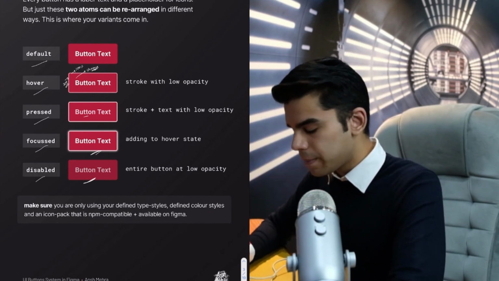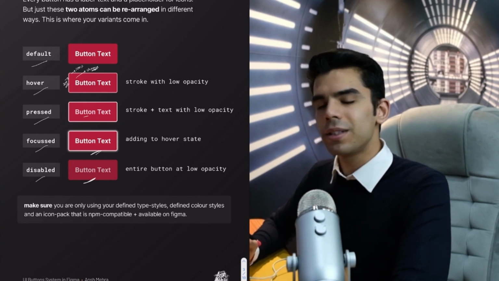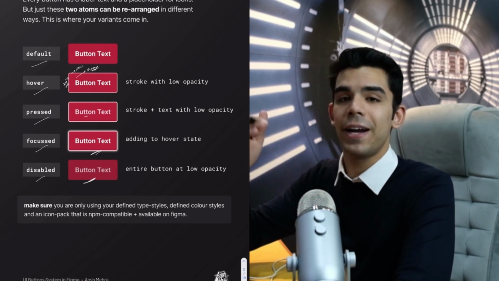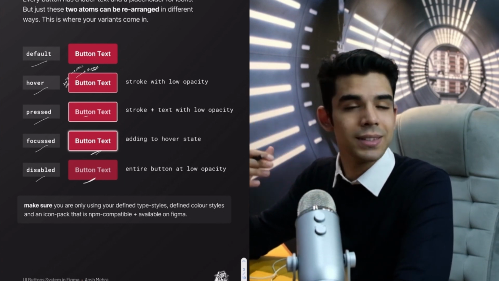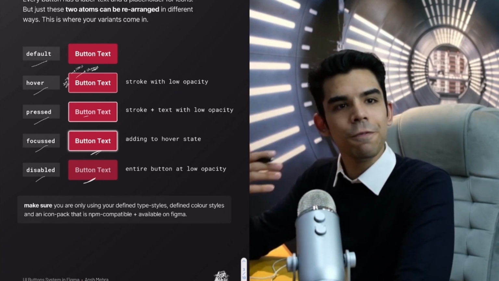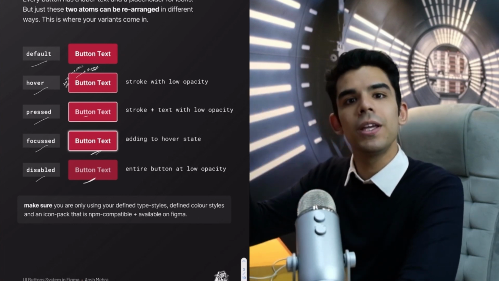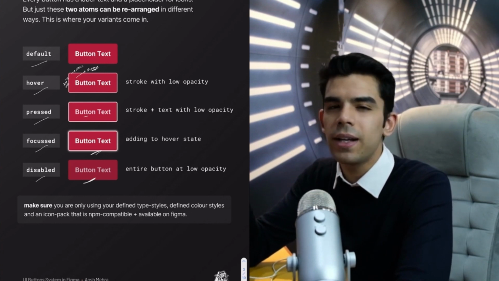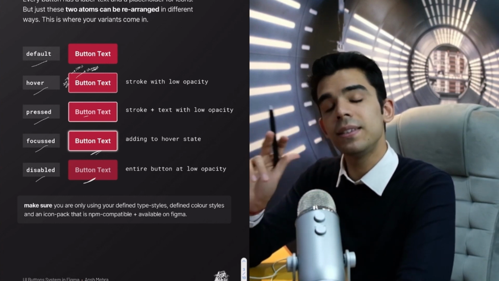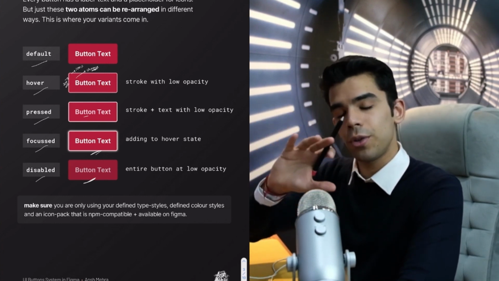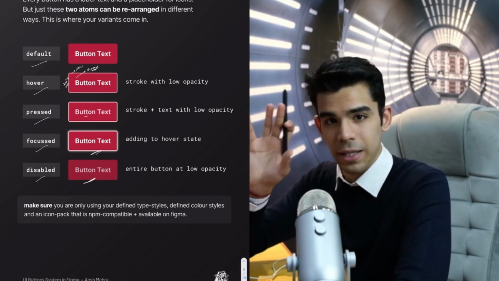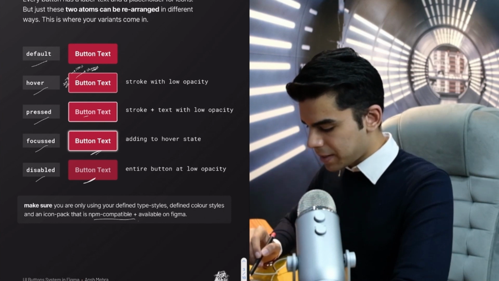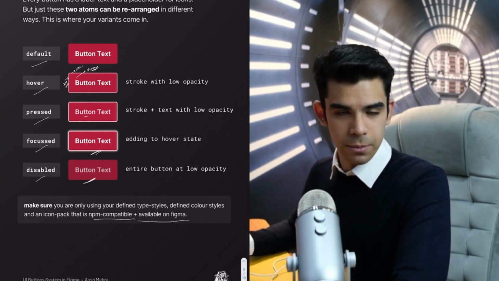Now, make sure that when you're making these buttons, you use your color styles and all the text styles that we have declared or we have discussed in the previous episodes. That is extremely important because if you make your buttons first, then make your color styles, then import your icon pack, or maybe then make your typography, then it doesn't make any sense. So this entire series is in a specific order so that you have your spacing, your padding and everything in place. Now, I have mentioned that you have to use the NPM compatible and the Figma community file compatible icon packs as well.